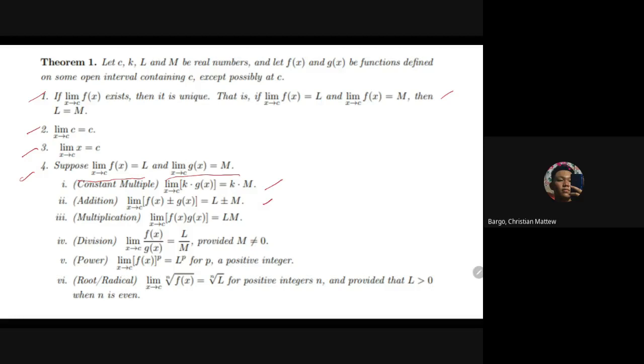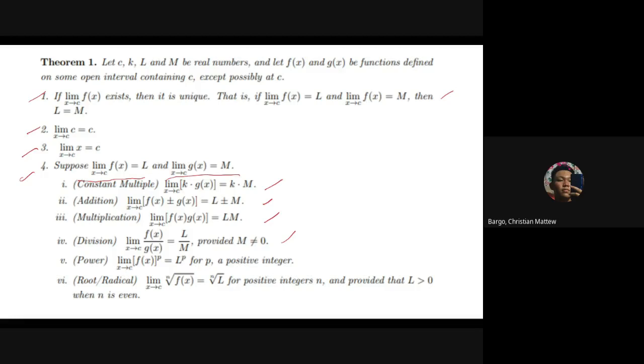For the addition, the limit of the function f of x plus or minus g of x as x approaches c will be equal to L plus or minus m. For the multiplication, the limit of the function f of x multiplied by g of x as x approaches c will be equal to L multiplied by m. For the division, the limit of f of x all over g of x as x approaches c is equal to L over m, provided that m must not be equal to 0